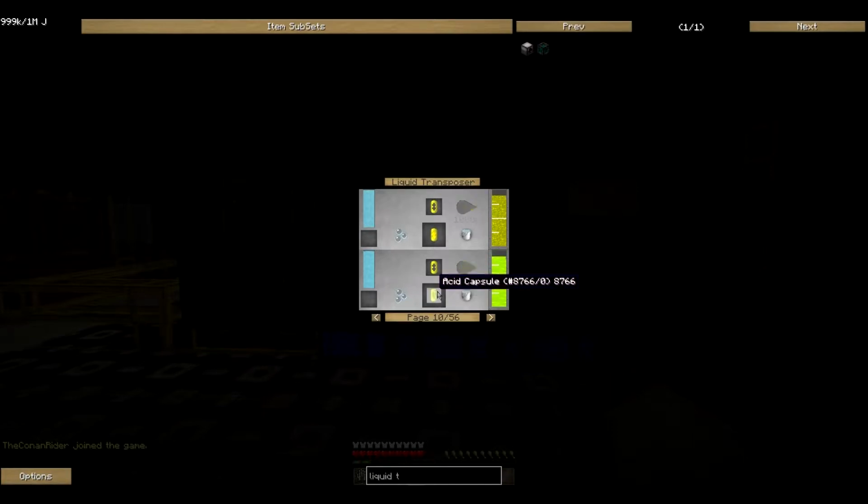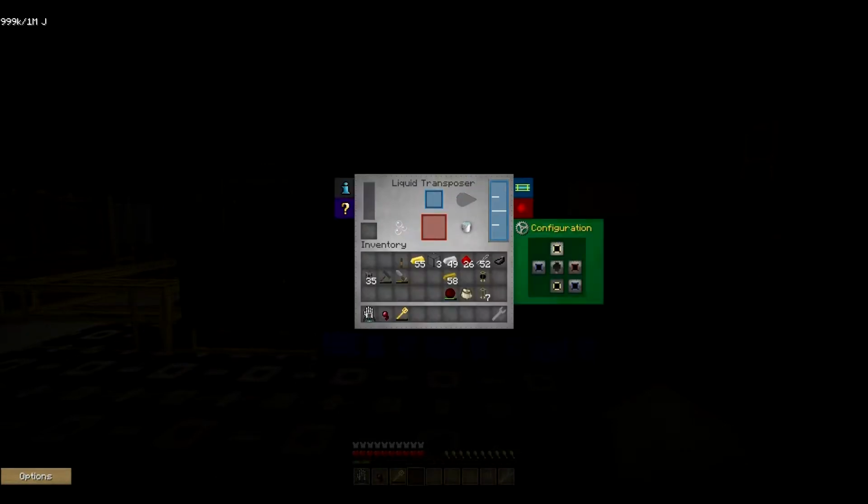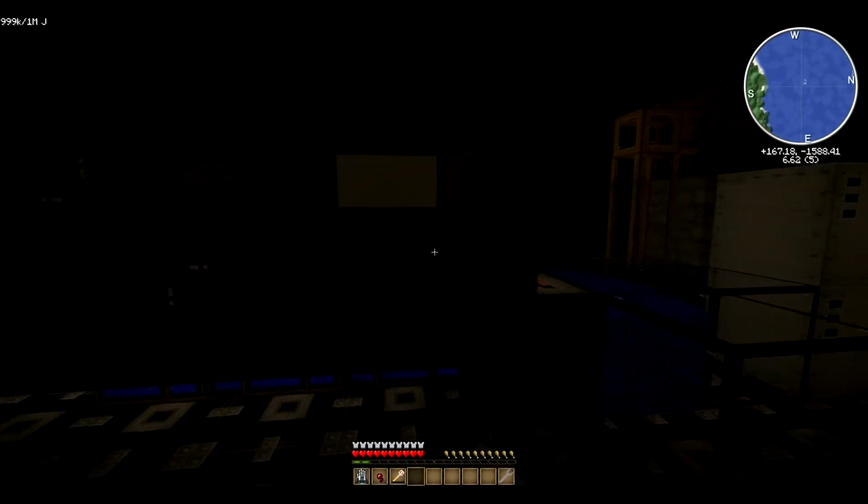You can make acid capsules, and I'm guessing, yeah, there we go. You can make water buckets. Things like that. And then the induction smelter is actually another way, it's an alternative to the macerator / pulverizer method